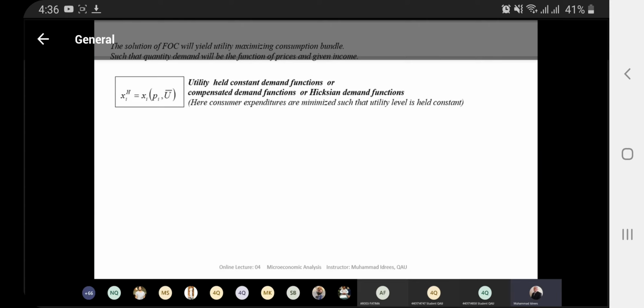Their other name is the Hicksian demand function. So you can also call them expenditure minimizing demand functions with the given level of utility. Then there is another name, the compensated demand function. I will discuss in detail why they are called compensated demand functions. If you compare these with the Marshallian demand functions, what is the difference? Marshallian demand functions were the money income held constant demand functions, because in those